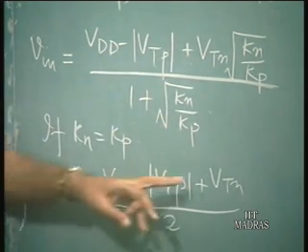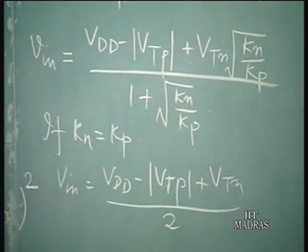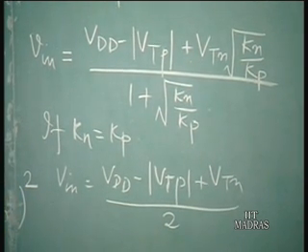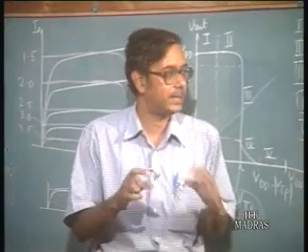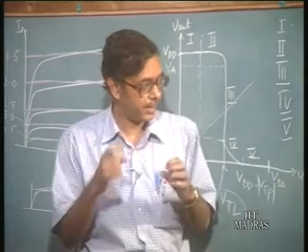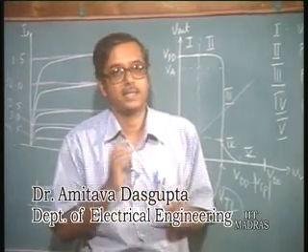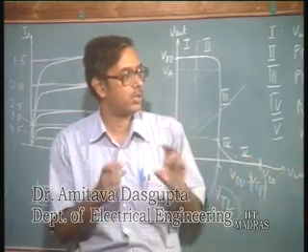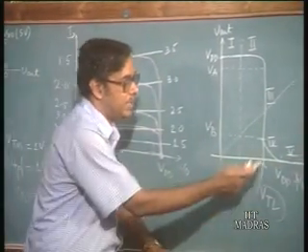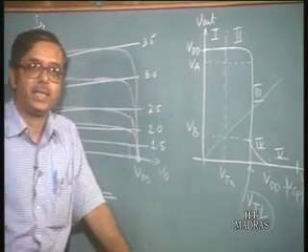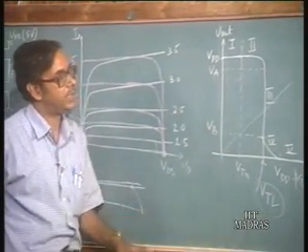In that case, the threshold voltages of the two transistors may be slightly adjusted, so that we still get Vdd by 2. Or else, we can adjust the sizes of the transistors so that kn is made equal to kp, and so again if Vtn is equal to modulus of Vtp, we still get Vn equal to Vdd by 2. So, this logic threshold voltage can be adjusted so that you get Vdd by 2,